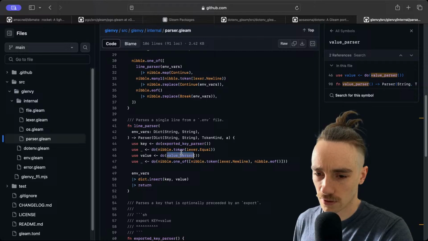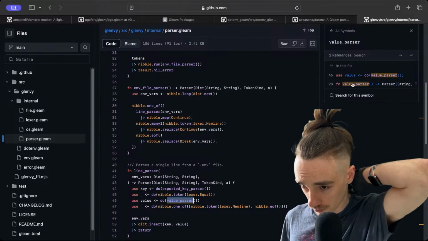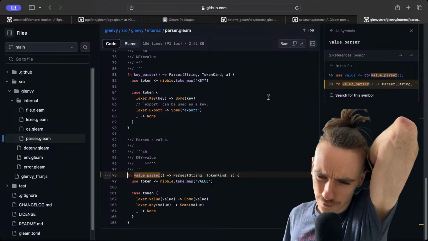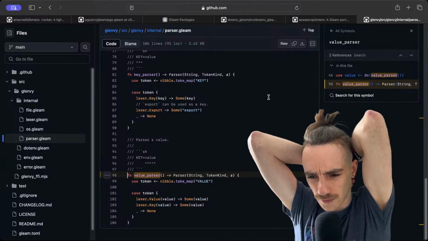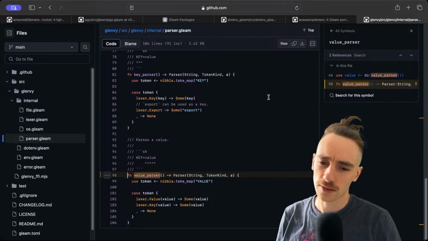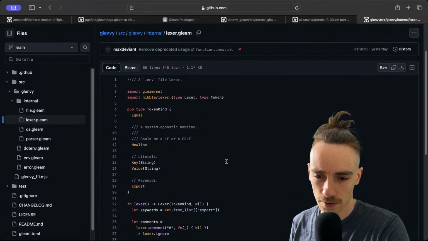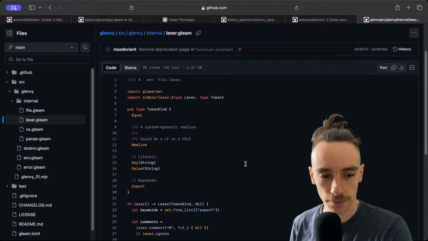Key parser, value parser. I don't know what that means. Oh, so we need to look at the Lexa. That's what we need to do. Seems a bit complicated for a thing that